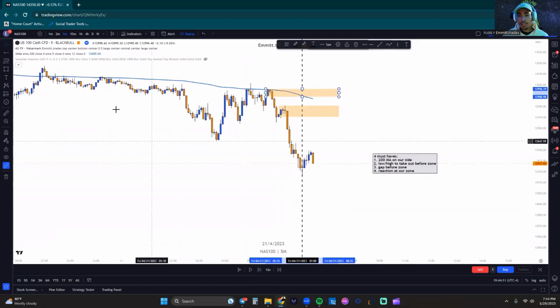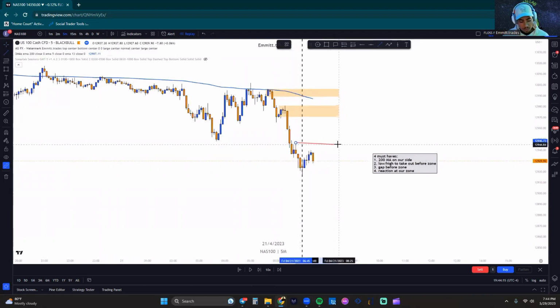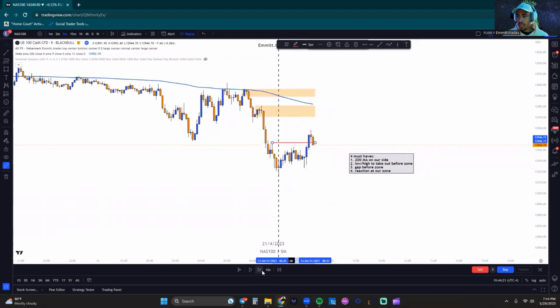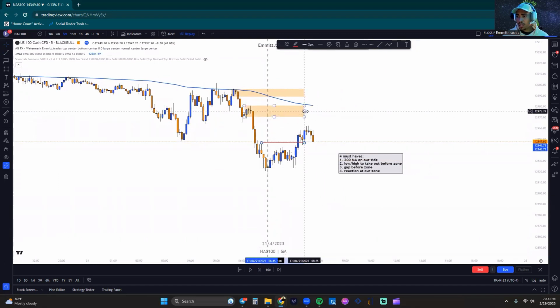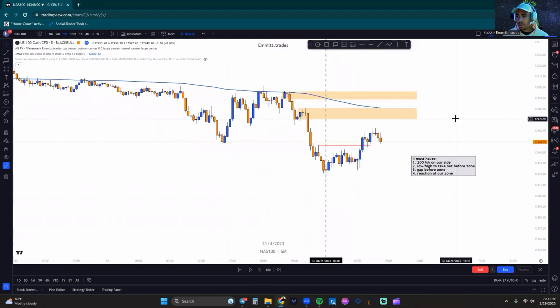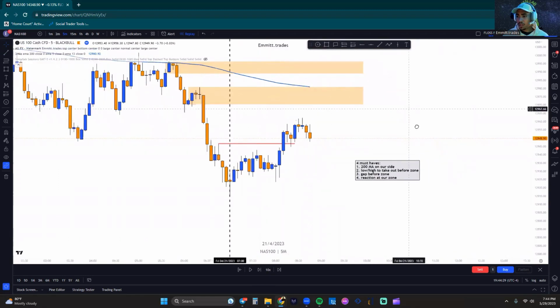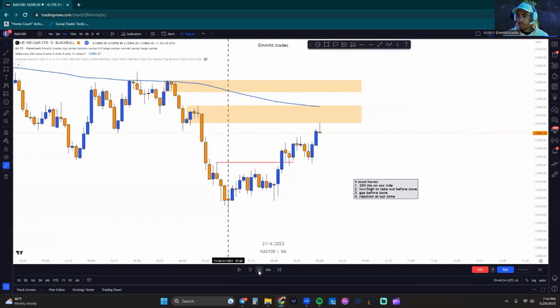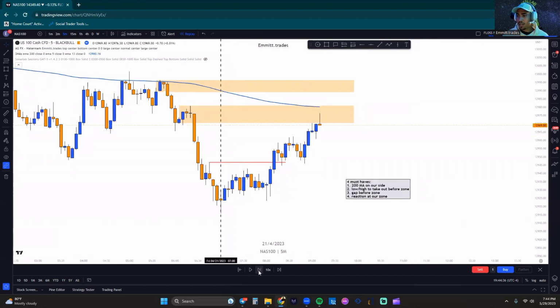Okay, so here's the high to be taken out. We can take it out. There we go. Let me go ahead and extend these out just a bit further. I'll zoom in for you guys. I know it's a bit rough for others to see. They have really big screens. Almost tapped it, not quite.